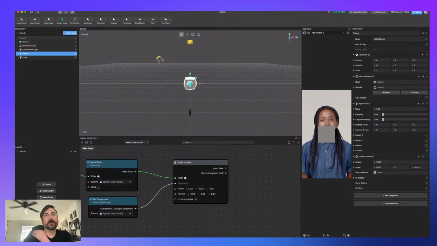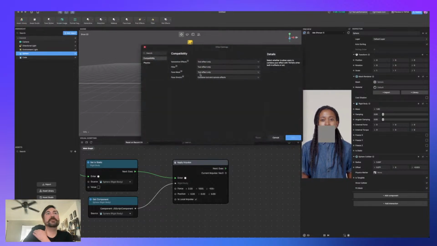This would be maybe great for AR. Obviously, gravity is working against you in this case. So if you want, you can just make your Y number even higher. That's one strategy. You can also go up to the effect settings in Effect House and click on physics, and you can adjust gravity.